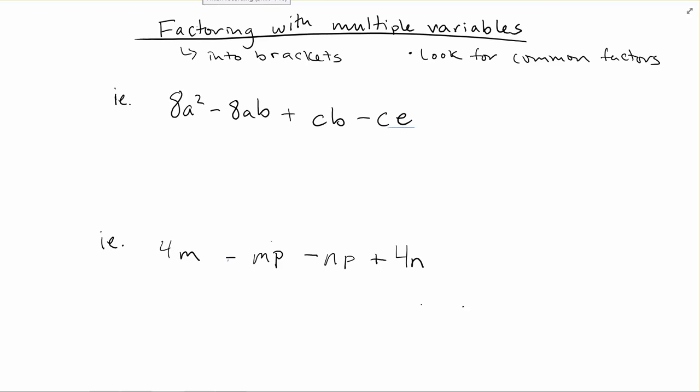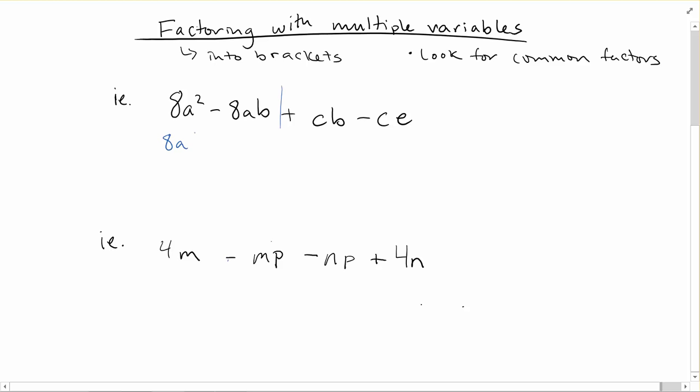So we're going to be factoring again, and factoring is taking things into brackets, so putting stuff in brackets. So we're looking for any terms that have common factors, things they share in common. And if I look at this first example, I can see that I have an 8a inside both of the first two terms. I also have a b inside the second two terms, and a c for the last two terms as well. And so I might think about just trying to break this up at the start,